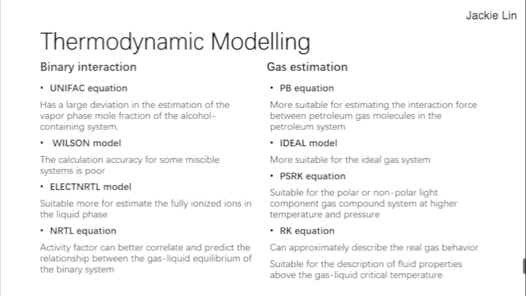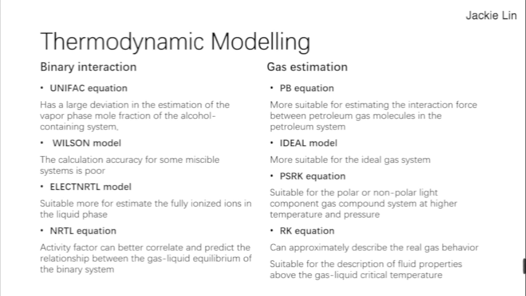The Wilson model is more accurate for completely miscible systems, but its calculation accuracy for partially miscible systems is poor. The electrolyte NRTL focuses on the interaction between ions, which is more suitable for the fully ionized ions in the